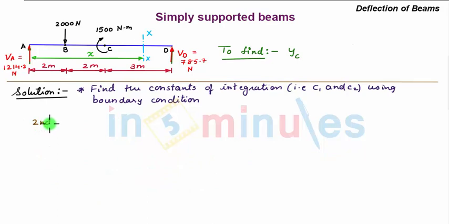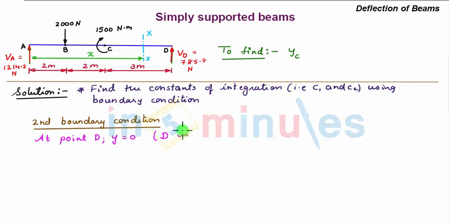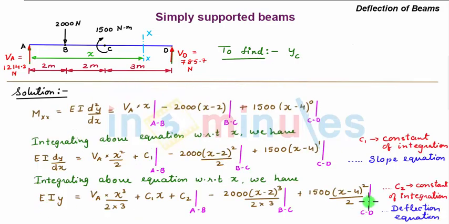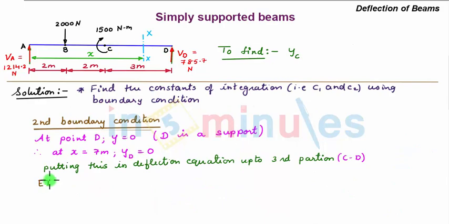Next we apply the second boundary condition. Now we see that at point D your deflection is 0, since point D is a support. It may be a roller support or hinge support. So we can write at x is equal to 7 meters, YD is equal to 0. Now putting the value of x equal to 7 meter and YD equal to 0 in this deflection equation up to the third partition, since we know the equation up to third partition is valid between point C and D, we have EI